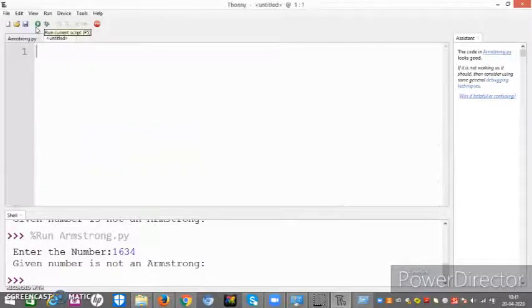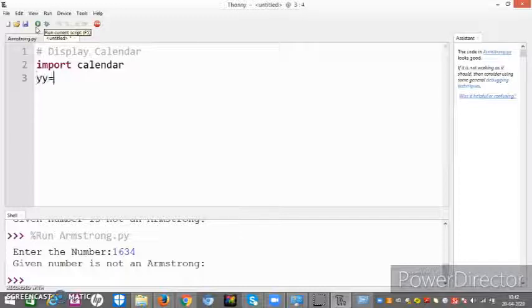Now let me move on to a very simple program where we have to display a calendar. Now what is a calendar? In my language, calendar stands for DDMMYY. Now date in 2 digits, month in 2 digits, year in 2 digits. For that you just have to import calendar. Friends, these are libraries and packages which we have to import. YY is equal to, I will write 2020. This should be 04. DD, this should be 20. Right. Now let me run it for you.